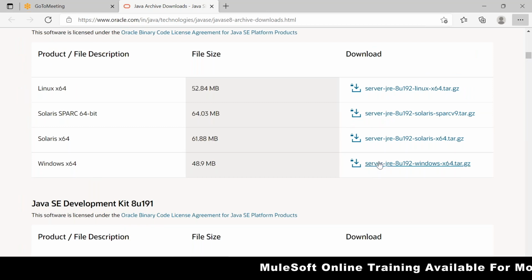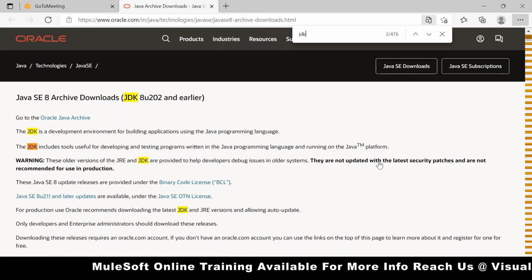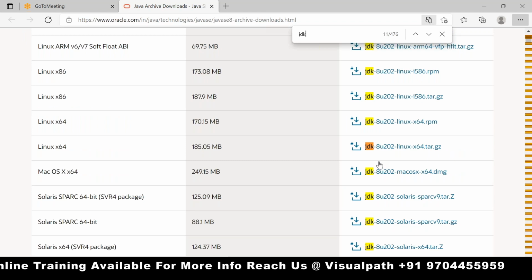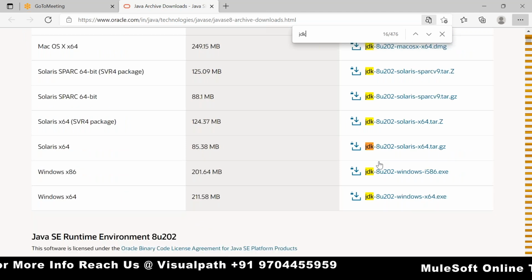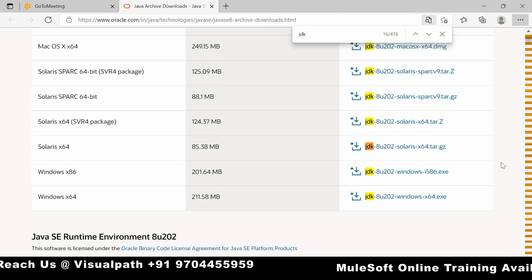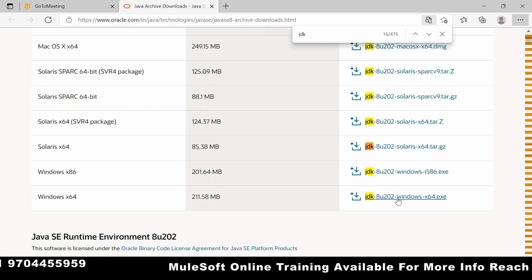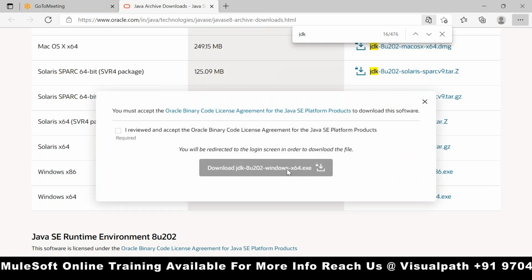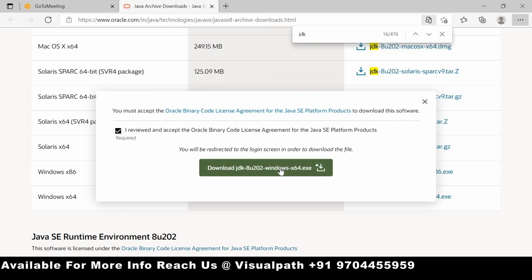One minute. Windows product. So now there are a lot of things on my screen, but here you are able to see very few. Are you sure? Okay. Yeah, this is the one. Scroll down. The last one. Yes. Click on the checkbox. Yes. Click on the download. Yes.